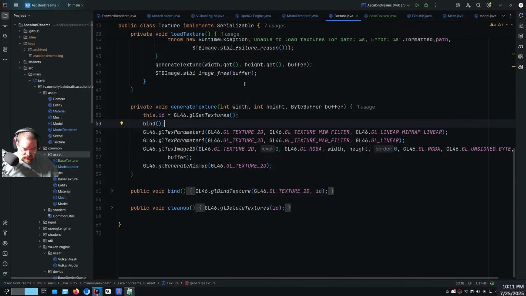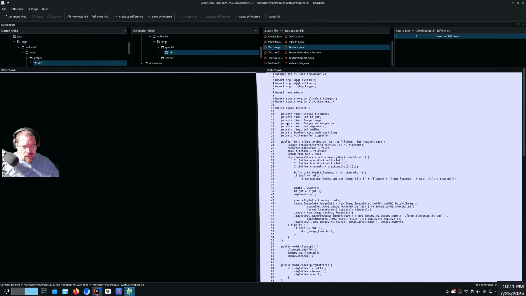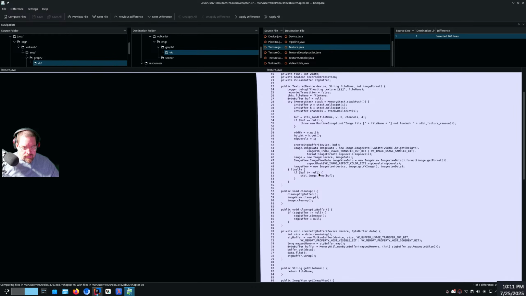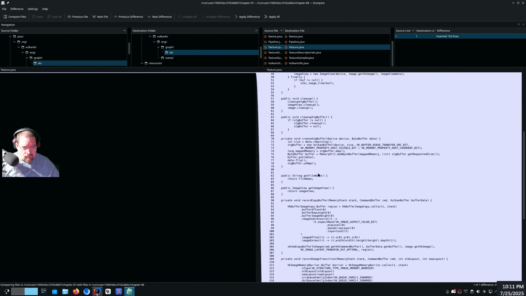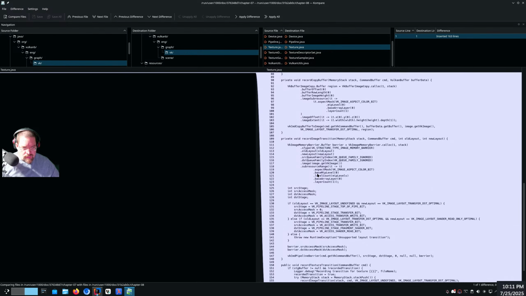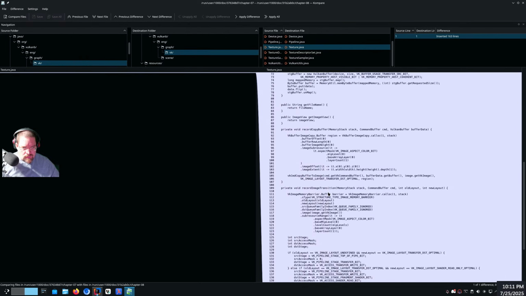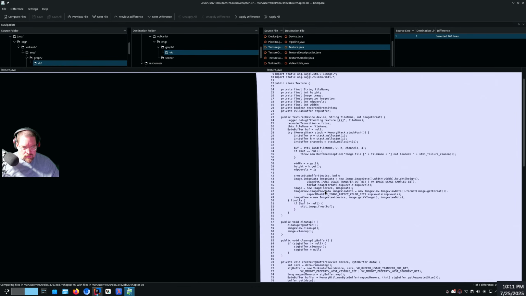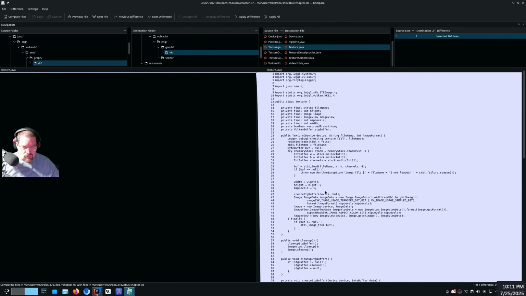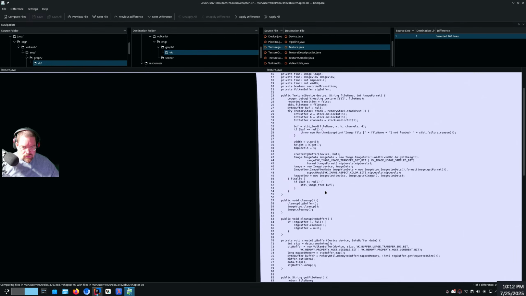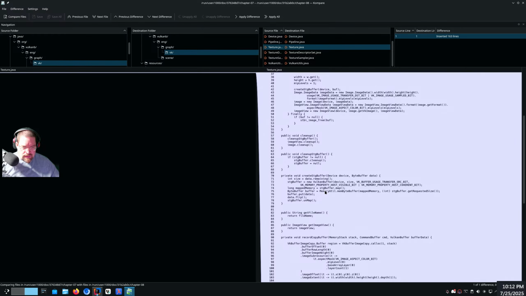Do they have a generate texture over here? Not really. But